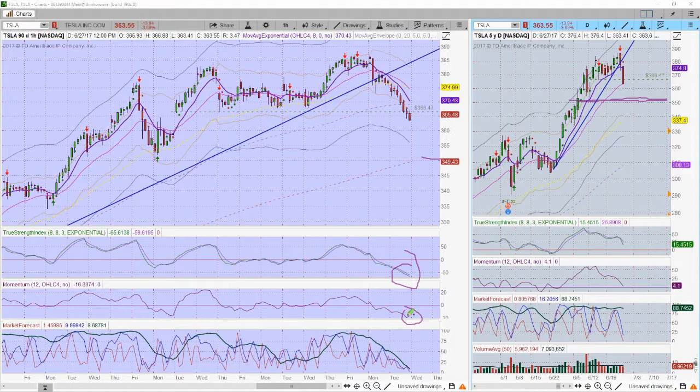Momentum on the hourly intraday is showing us we may be getting ready to go. The market forecast on the hourly is saying, hey, I'm down at the bottom, a reversal zone where I typically turn around. What else do we want to look at? Let's just take a real quick look at one of our other buddies,